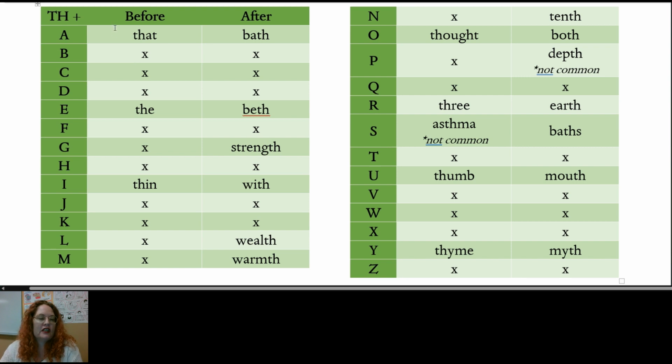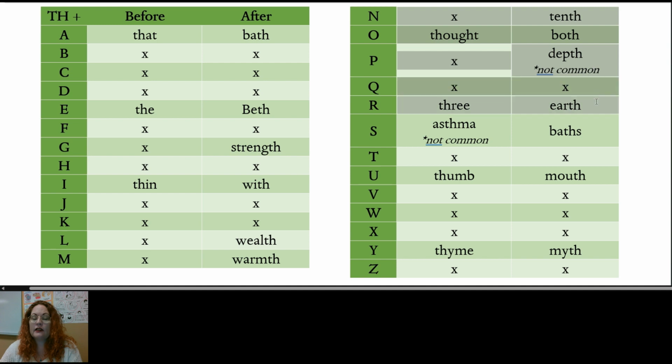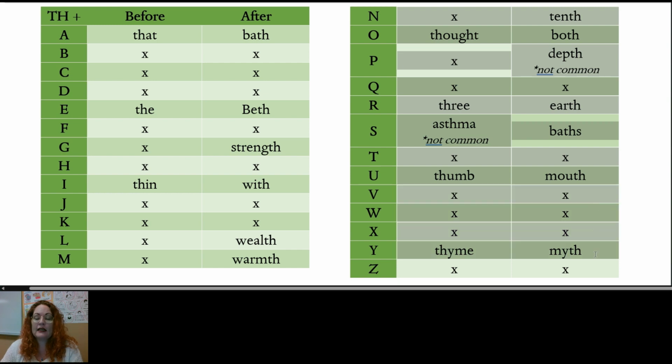Here are some th combinations with a, for example, that or bath, with e, for example, the or the name Beth, strength with a g, with an I, as in thin or width, with an L, wealth, or an M, warmth, with an N, as in tenth, O, thought, or both, with a P, as in depth, though this is not very common, with an R, as in three, or earth, with an S, as in asthma, or baths, with a U, as in thumb or mouth, and with a Y, as in time or